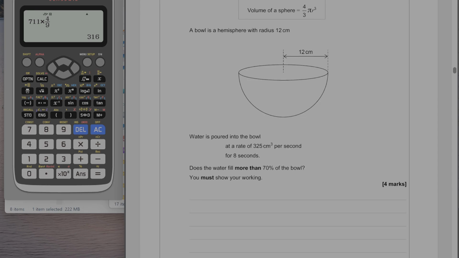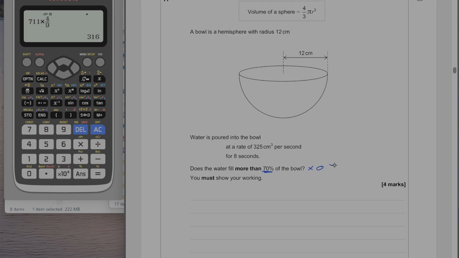So I'm only going to work out 70% of the volume, so that's going to be 0.7. That volume is going to be equal to a half of 4/3 pi times 12 cubed times 0.7,